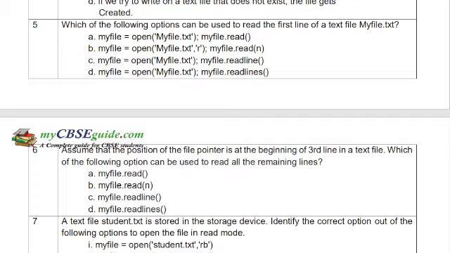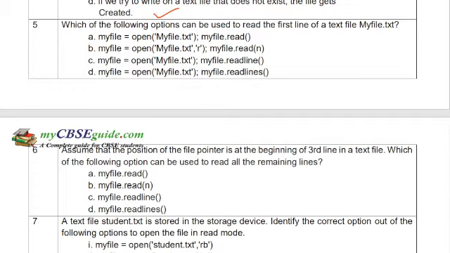It is also right. If we try to write a text file that does not exist, the file gets created. Very good, it is also right. So which of the following options is not correct? The answer will be B. If you try to read a text file that does not exist, the file gets created. It will not be created.